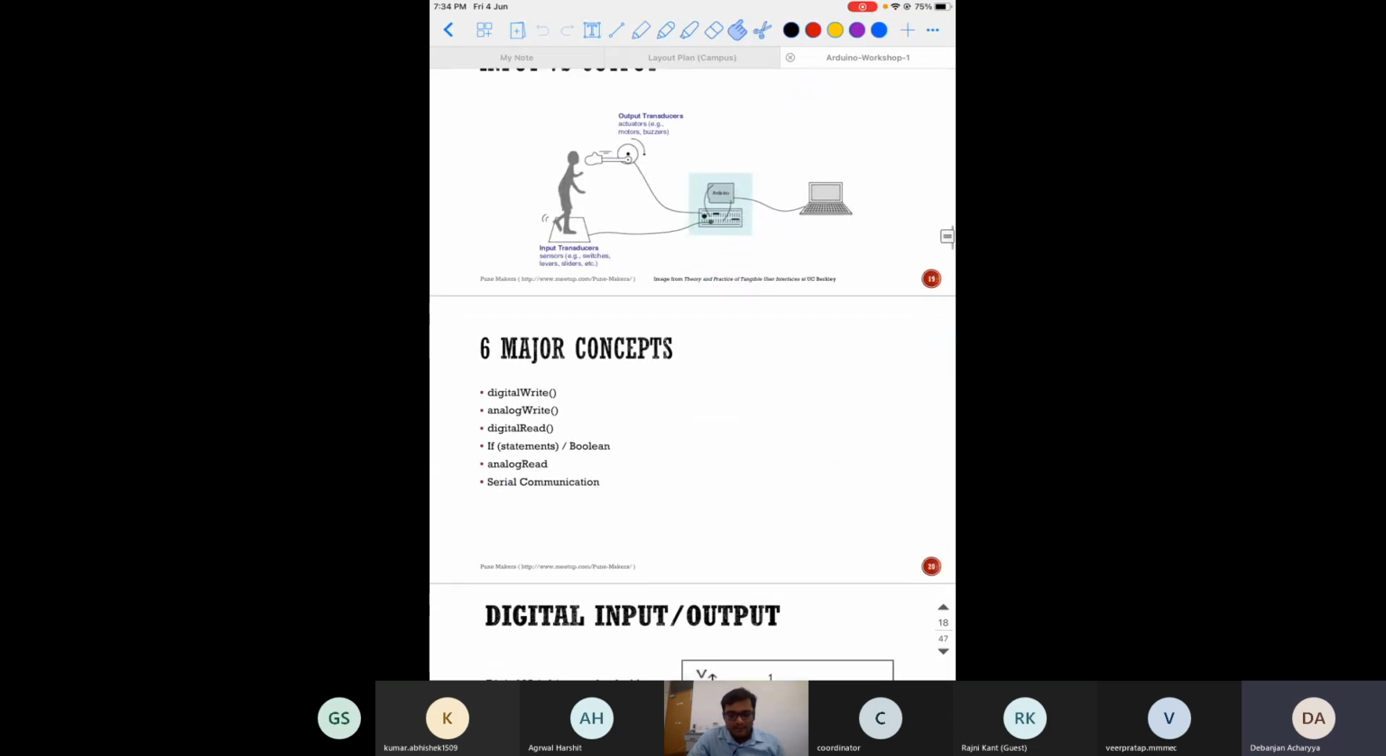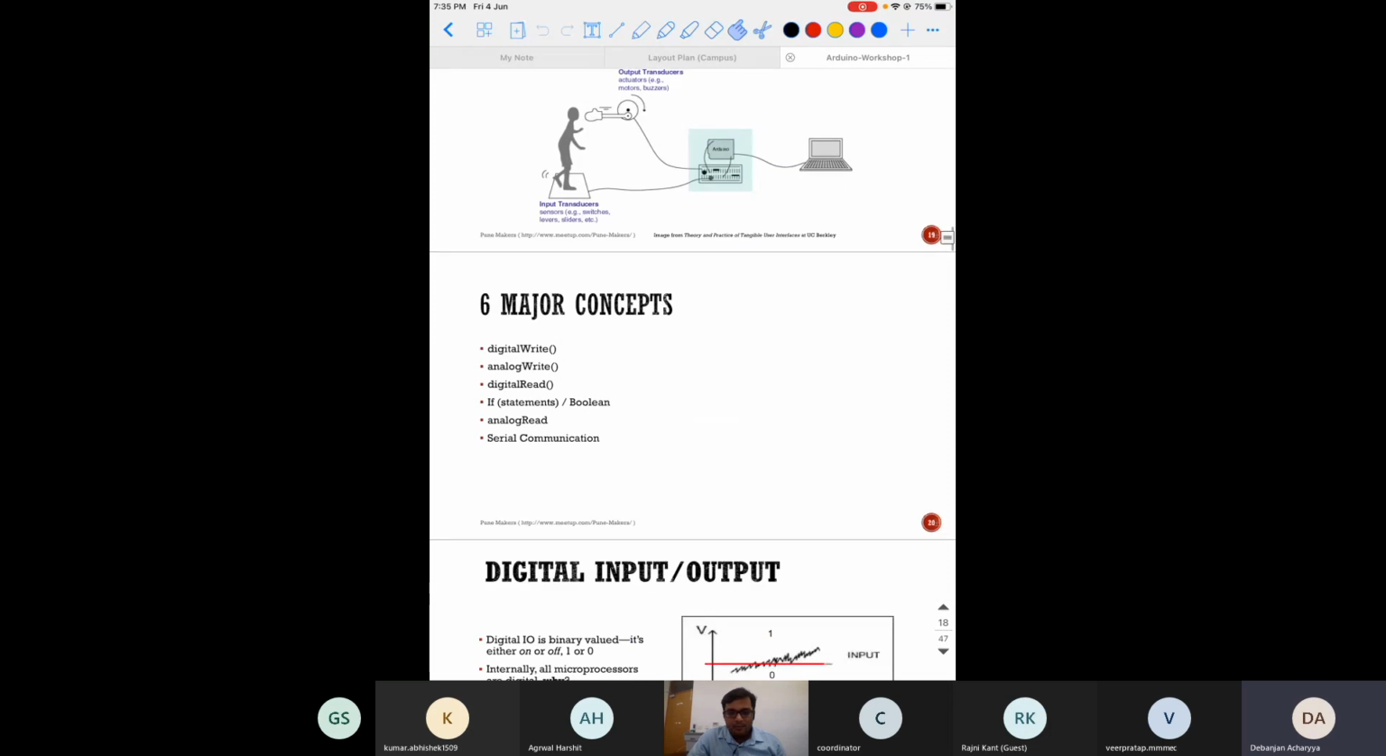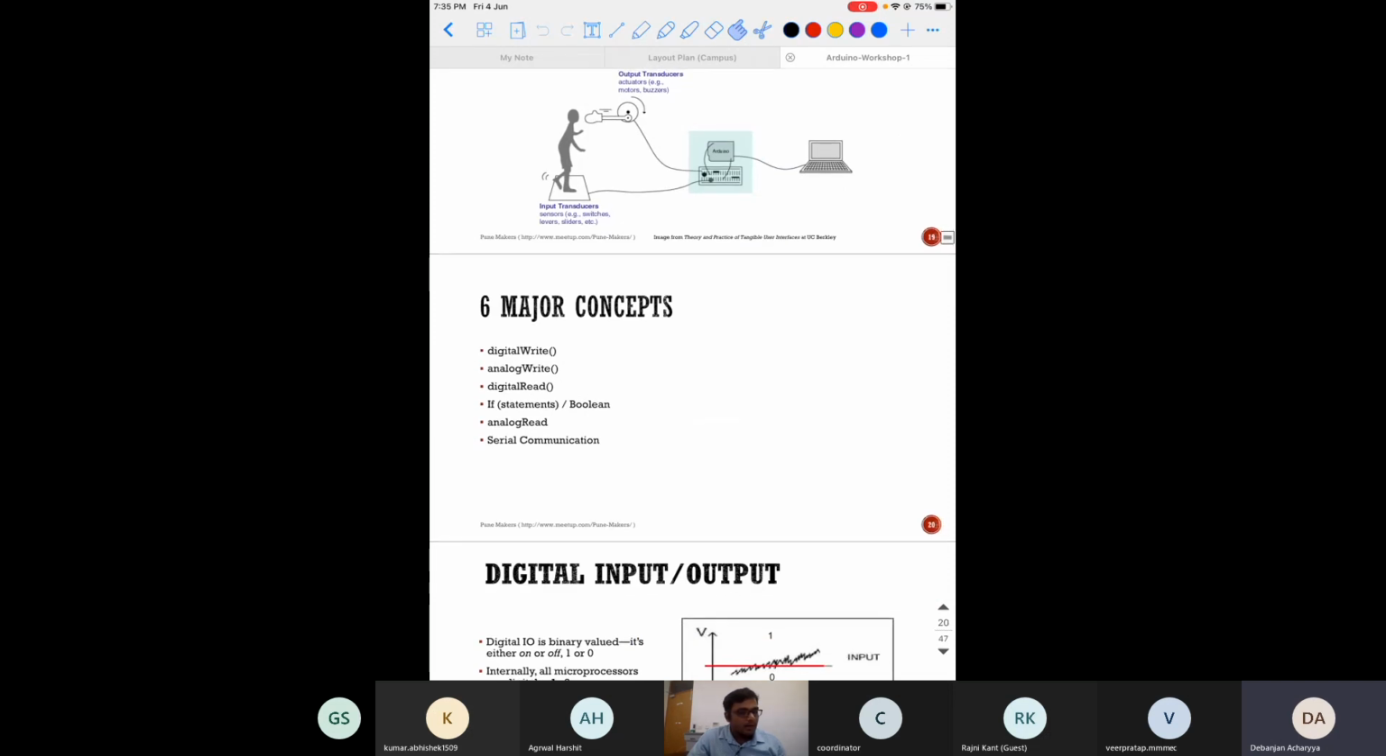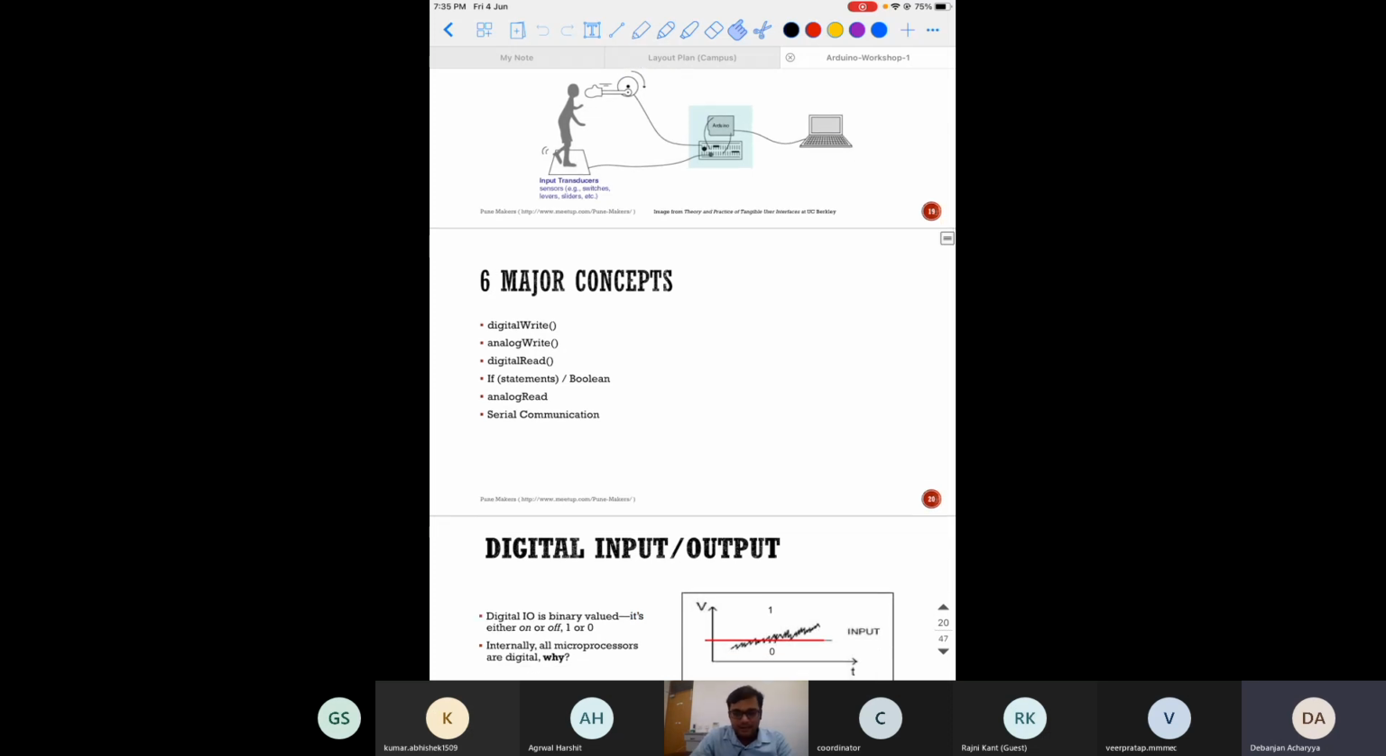Let's dig into the detail and write some programs on it, and let's know more about the Arduino. So first, before going to the detail, I want to tell you some major concepts of the Arduino. That is the very basic concept. Although there are several different advanced things, to start with we know 6 major concepts. These are digital write, analog write,